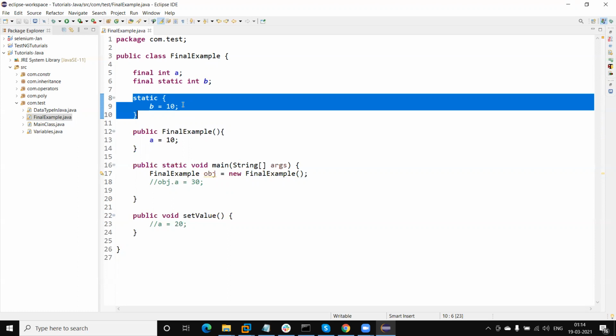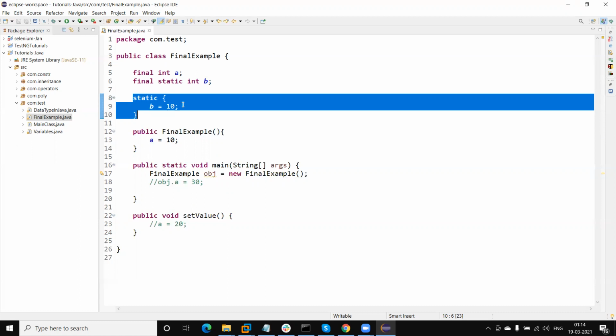For non-static variables, meaning instance variables, we need to initialize them in a constructor. If we do not initialize them, we will get the error. And once we create any variable with the final keyword, that variable's value will be constant. We cannot change that value.